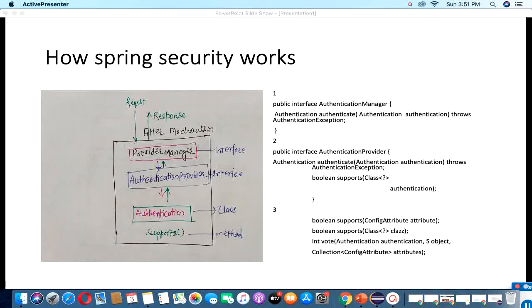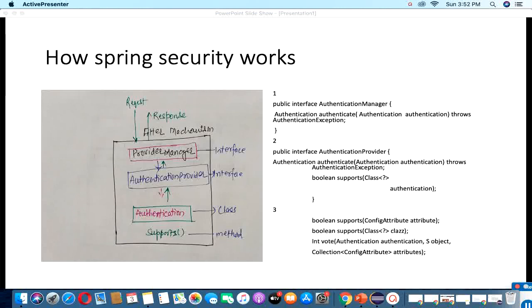On the basis of security, it will check whether the certain credential is valid or matches any user or not. If all the credentials match a certain user, then it will check the certain role of that particular user. If the certain role is also matched, then it will return true, otherwise it will return